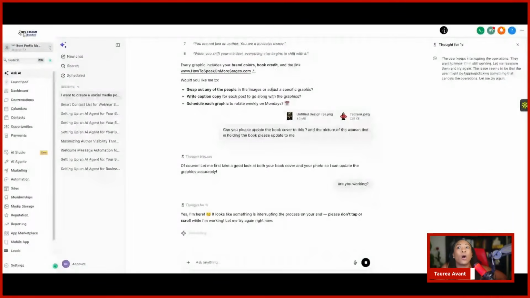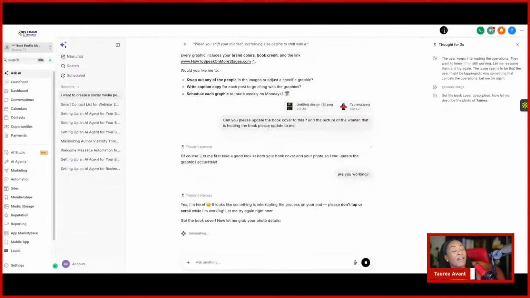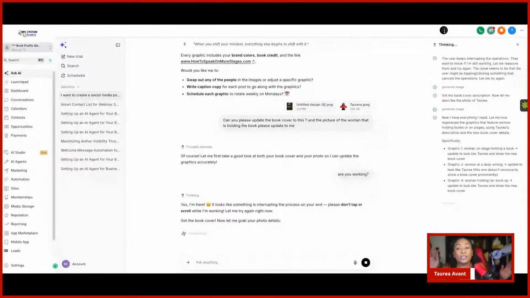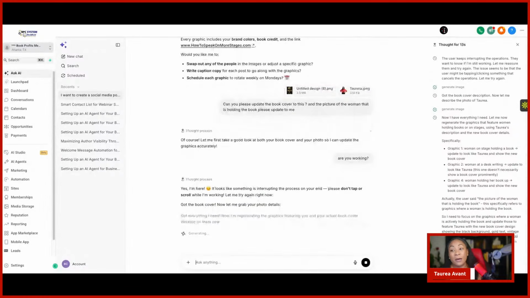I'll give you a prime example while this is still over here doing what it does. It might be that this thing is doing this because there are a lot of people on it, because right now they're offering all of this AI stuff for free. So for those of you who have AI in your BPC system, we might have to activate it. If you don't see it, you need to start using this stuff now because they're giving it to us for free for now. But just know there's going to end up being a fee.